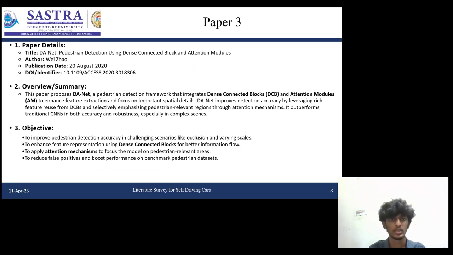Now, this is my reference paper 3. The title is pedestrian detection using densely connected blocks and attention modules. Overview of this paper: it proposed DA-Net, with densely connected blocks and attention modules, a pedestrian detection framework that integrates dense and attention modules to enhance feature extraction and focus on important spatial details. DA-Net improves detection accuracy by leveraging rich features reused from DCBs and selectively emphasizing pedestrian-relevant regions through attention